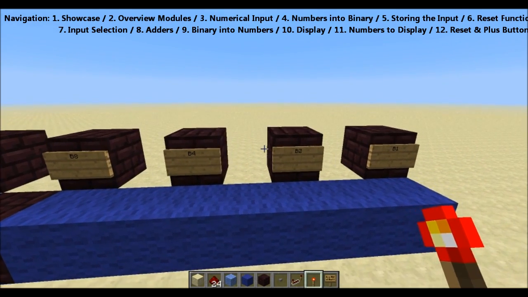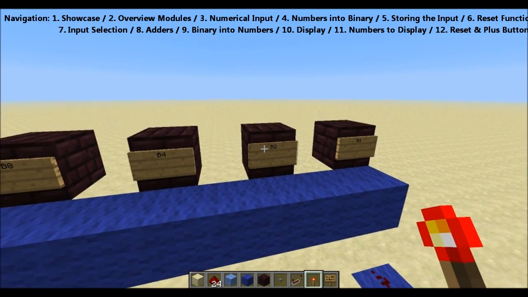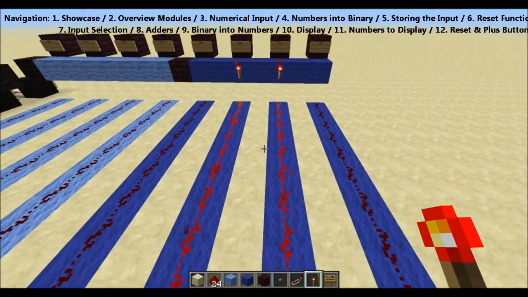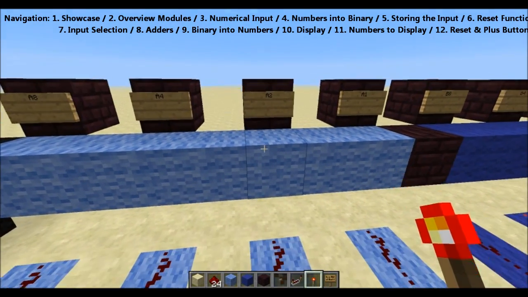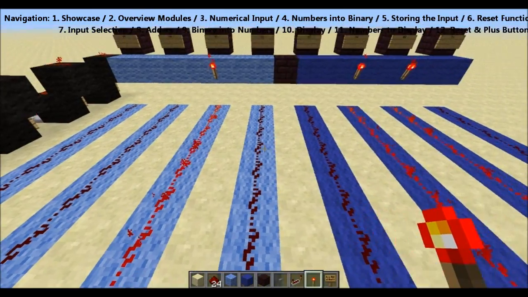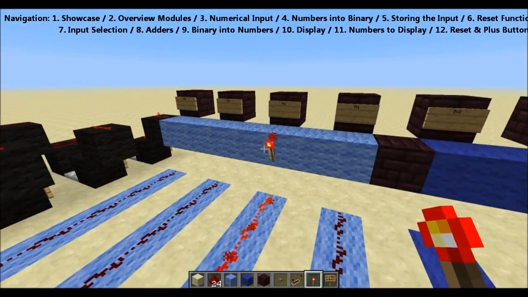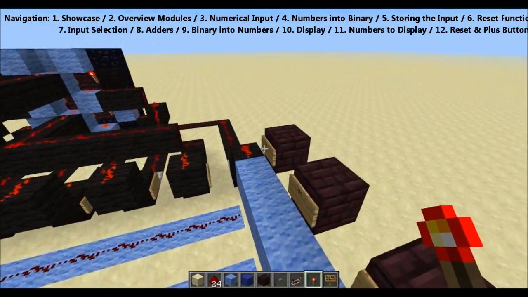So for instance, if I wanted to have the number 6, I would have to enable bit 4 and bit 2. So this would represent number 6 for the second number, and another thing would be, for instance, number 2, simply this one. So this would be 2 plus 6. Easy as that. Now what we have to make sure of is, of course, that the different numbers correspond with